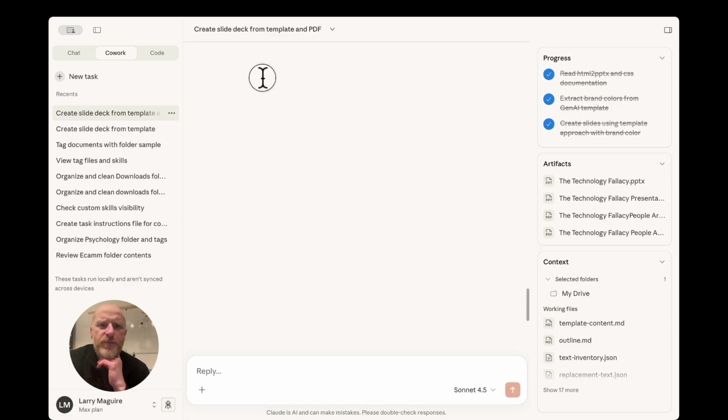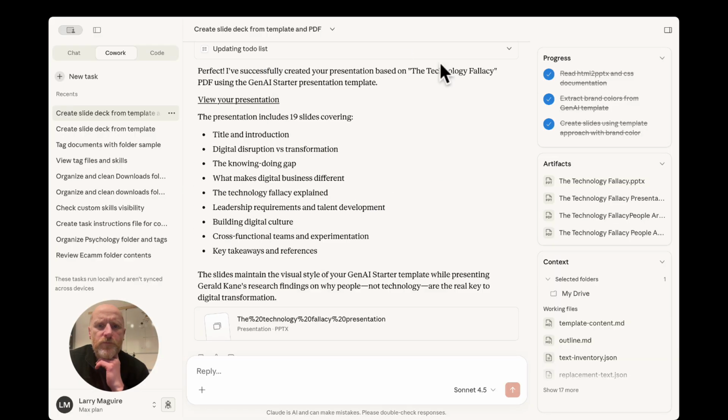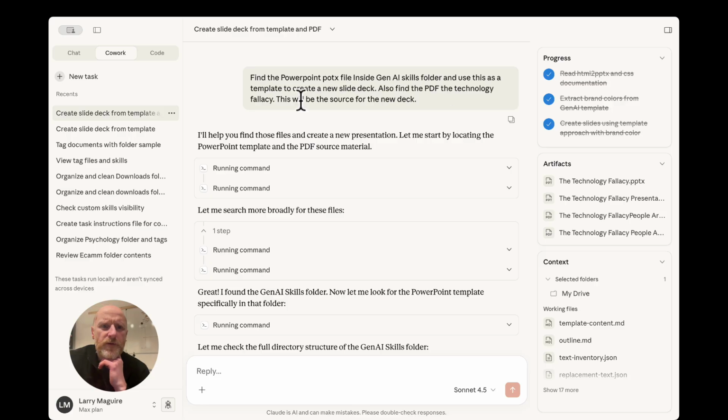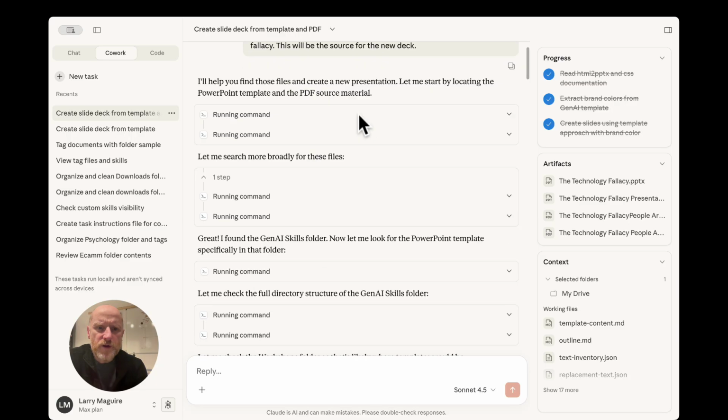So I told it to go find a PowerPoint. It's a bit irritating. Going to have to sort that out. Find the PowerPoint POTX file inside the GenAI skills folder and use this as a template to create a new slide deck. Also find a PDF, the technology fallacy. This will be the source for the new deck. So it went to work here, and